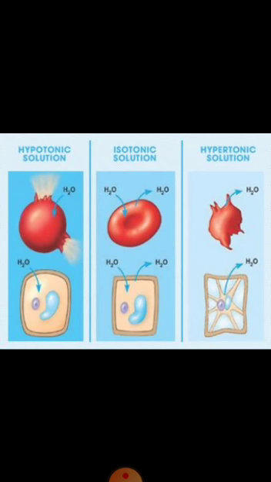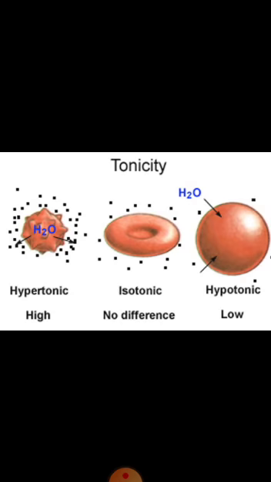Coming to hypertonic solution. In hypertonic solution, the concentration of water is less and solute is more. So, in this condition, the movement of water molecules will be from cell to outside medium, thereby the size of the cell becomes small, that is the cell shrinks. So, in the first picture you can see how the size of the cell has shrunk. As you can see the fate of the cells in these three different mediums.